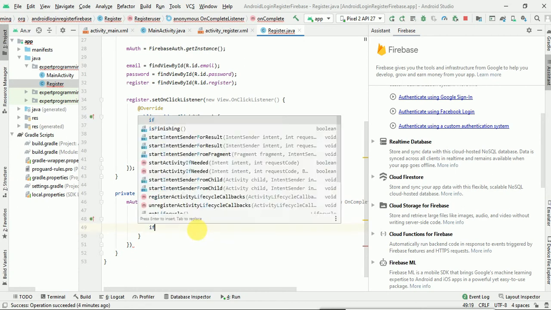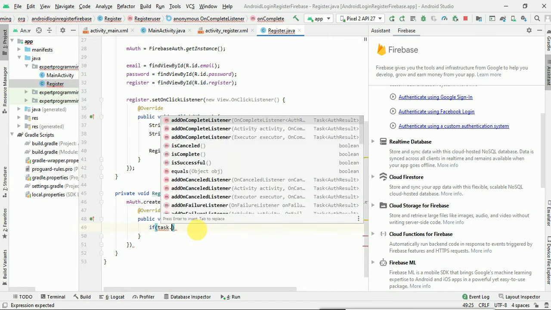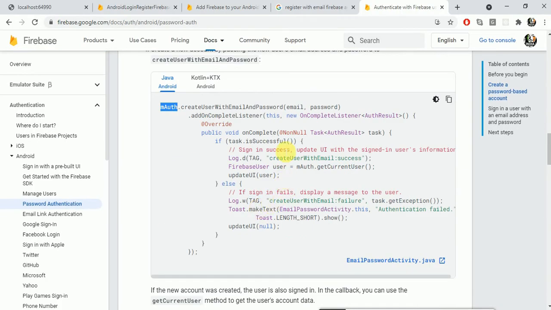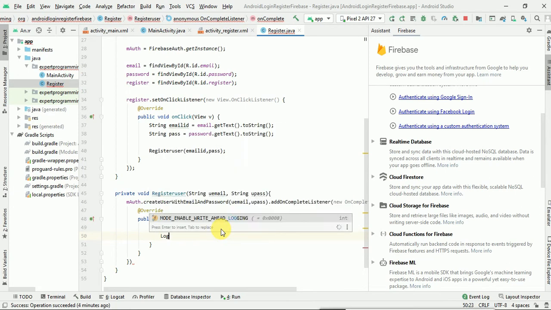So if task is successful, we can see over here also they are giving it as successful. If the task is successful, we can say Log.d user, user created successfully.